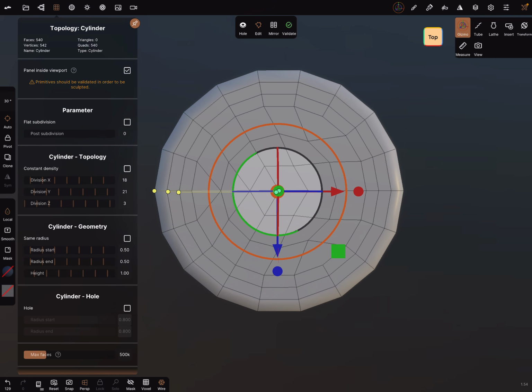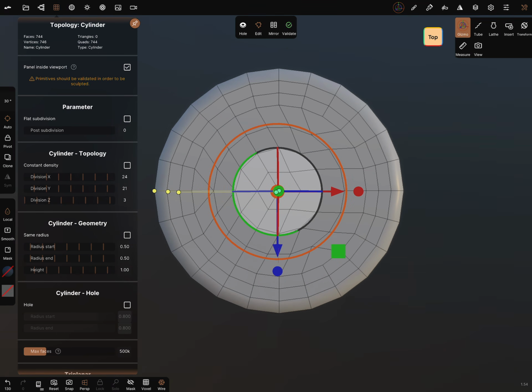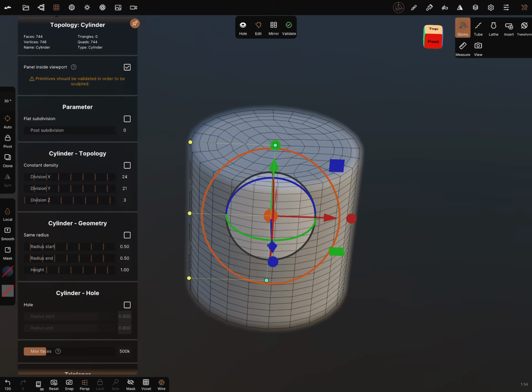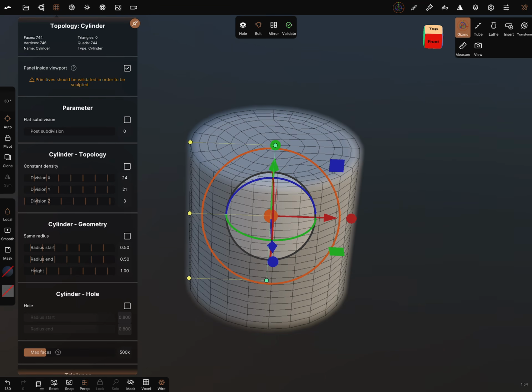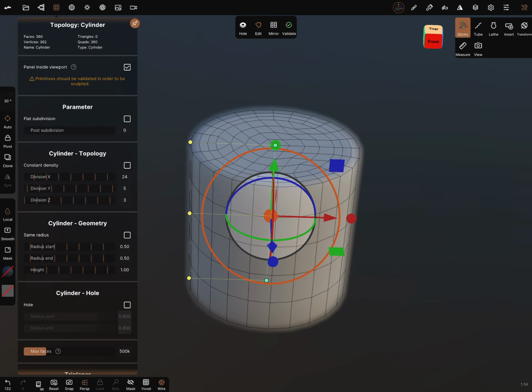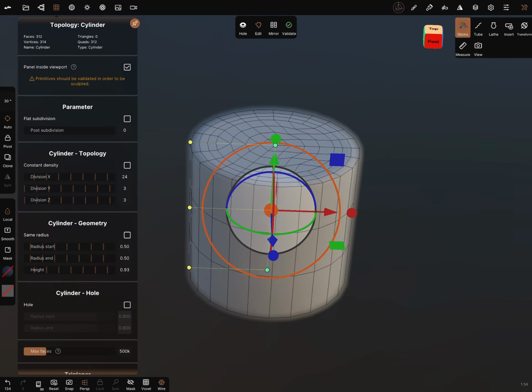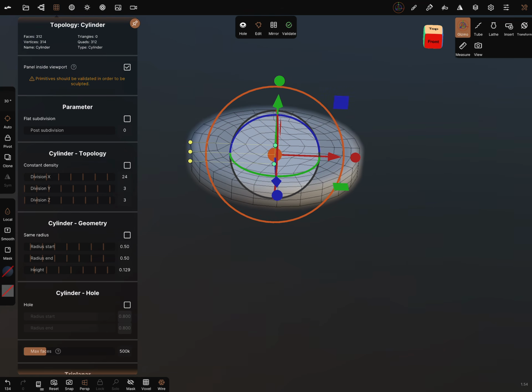You have to calculate it yourself. Okay, I choose 24 on the Z division, now Y division, we make 3. And I adjust the height of this a little bit like so.